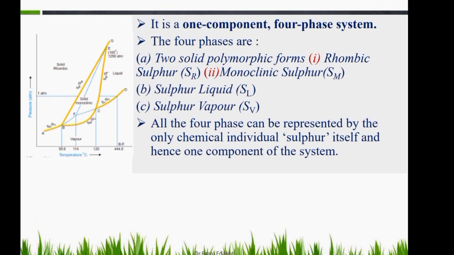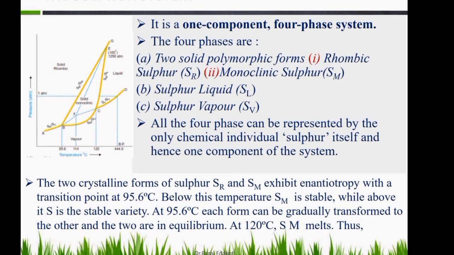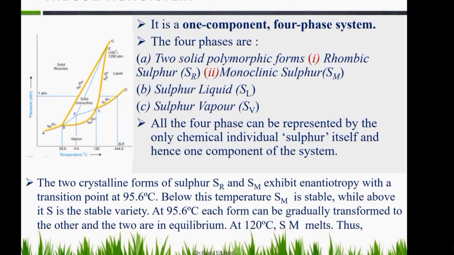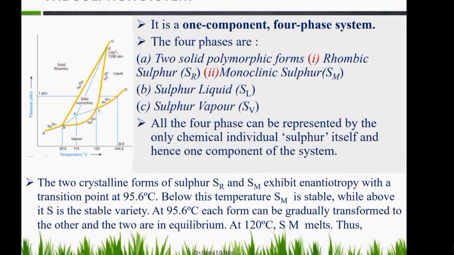The two crystalline forms of sulfur, orthorhombic sulfur, or rhombic sulfur, and monoclinic sulfur, exhibit enantiotropy, that's allotropy, with a transition point of 95.6 degrees Celsius. Below this temperature, rhombic is stable, while above it, monoclinic sulfur is the stable variety. That is, at 95.6 degrees Celsius, each form can be gradually transformed to the other, and the two are in equilibrium. At 120 degrees Celsius,